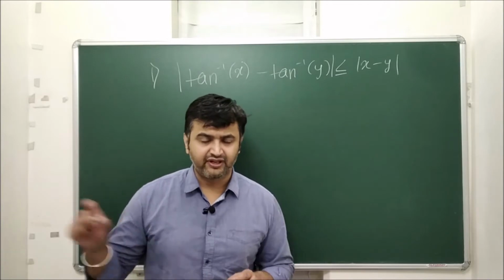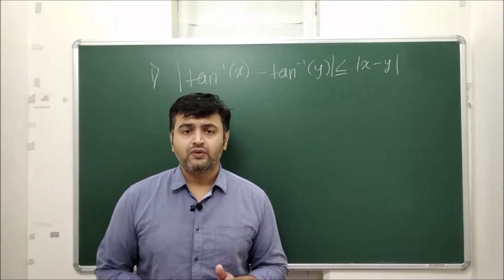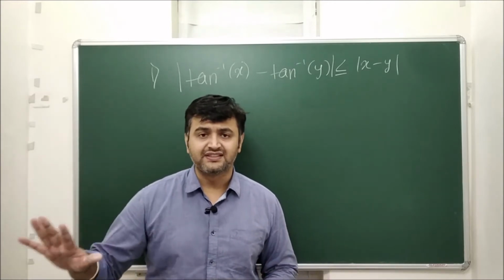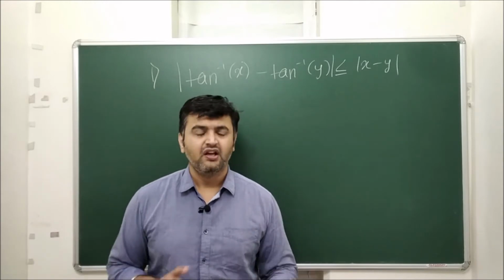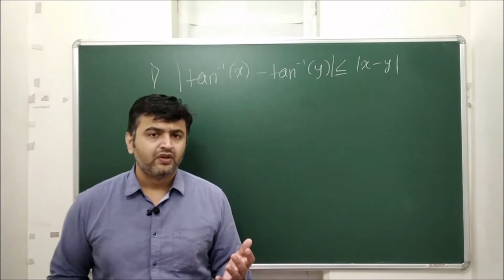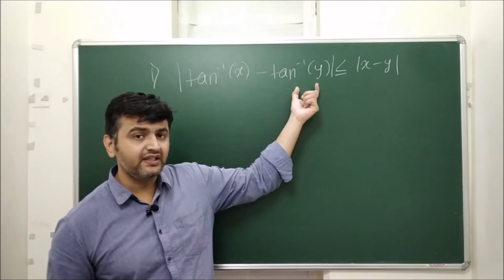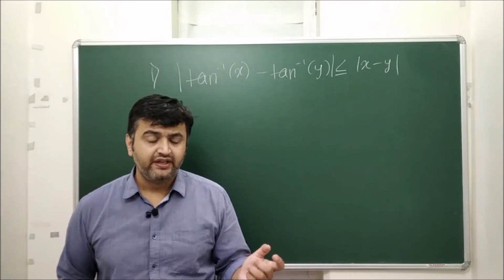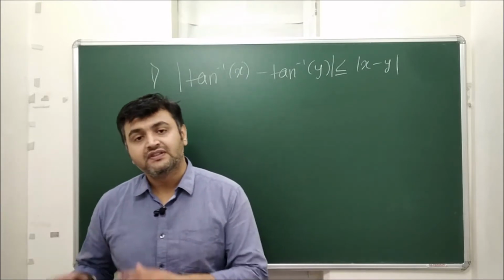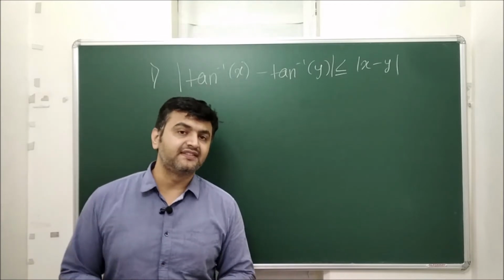All these things I have recorded earlier. You can see my previous lectures. So whenever you want to prove a question on inequality, either try to apply mean value theorems or go by the concept of increasing and decreasing. Both have their pros and cons. If you want to apply the mean value theorem, the main thing is you should know the function. Sometimes when you look at the inequality, it is easy to guess the function, and once you guess the function, you try to apply the mean value theorem. But it's not always easy to find the function. In such a scenario, we use the concept of increasing and decreasing.